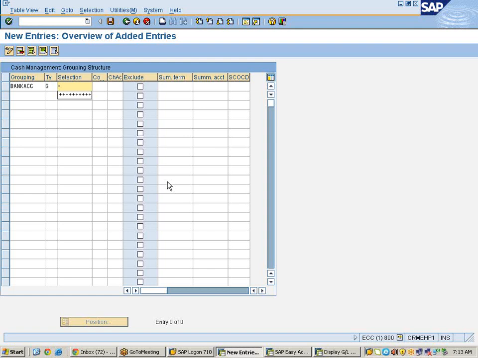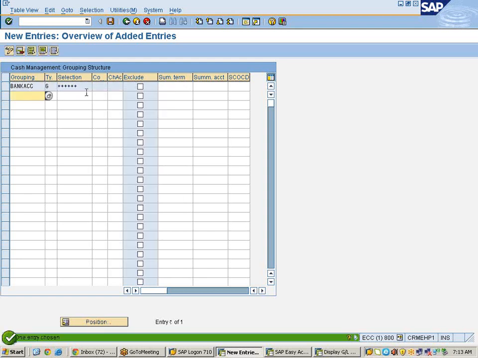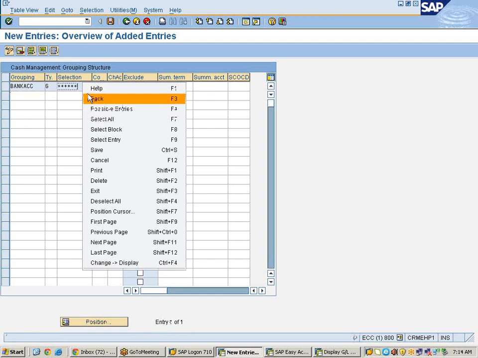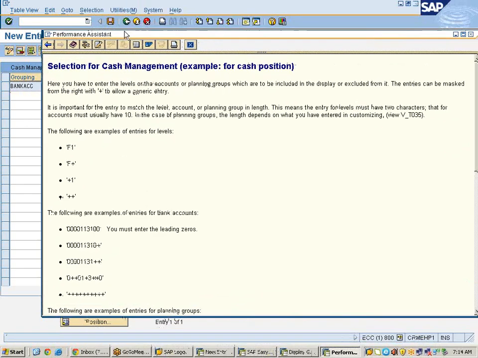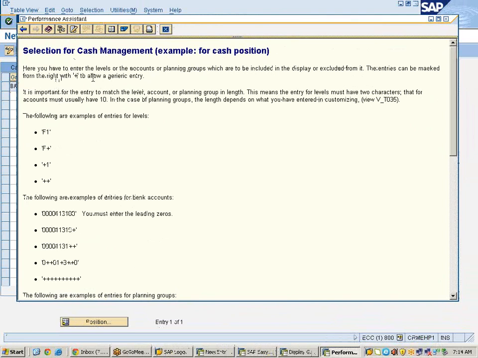2, 3, 6. Now let me read this. What is this? Here you enter the level or the accounts or planning groups which are to be included in the display or excluded from it. The entries can be masked from the right with plus to allow generic entries.